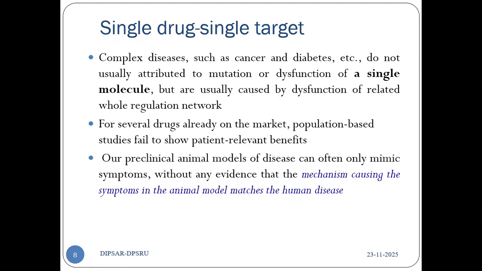If you see that the drugs available in the market are based on the single drug, single target concept. For example, you have a drug for cardiovascular disorders, say prazosin. Prazosin is going to block your alpha 1 receptors. That means your drug is going to block a particular target in the body and manage that disease. So what is the problem? There are many drugs based on this concept.